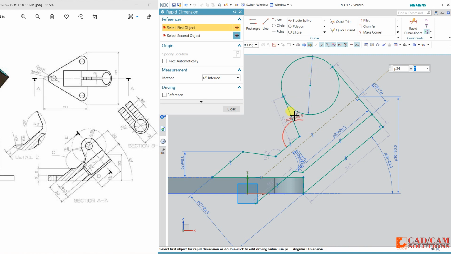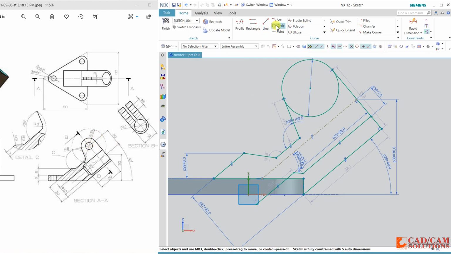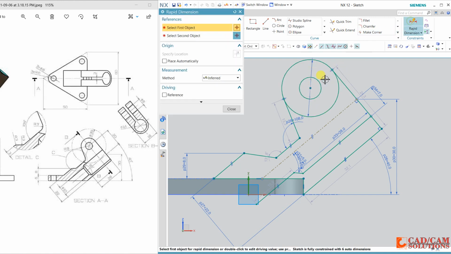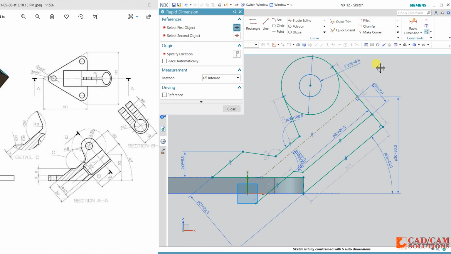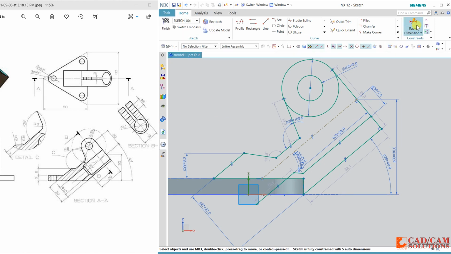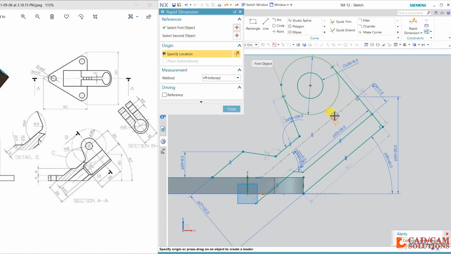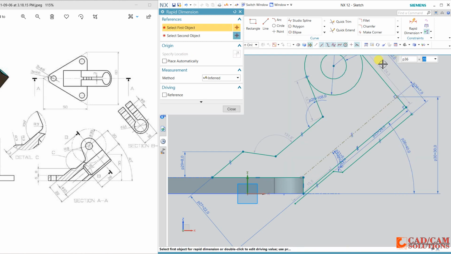And here this small circle, draw one more circle. The diameter is 8, and again the gap between these two is 20.